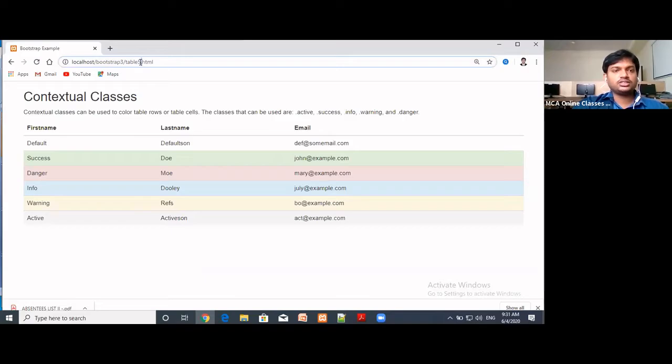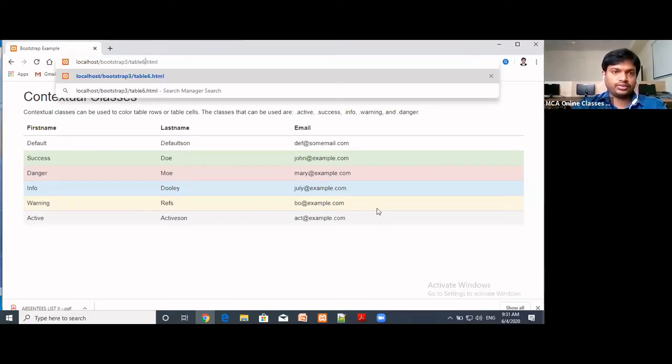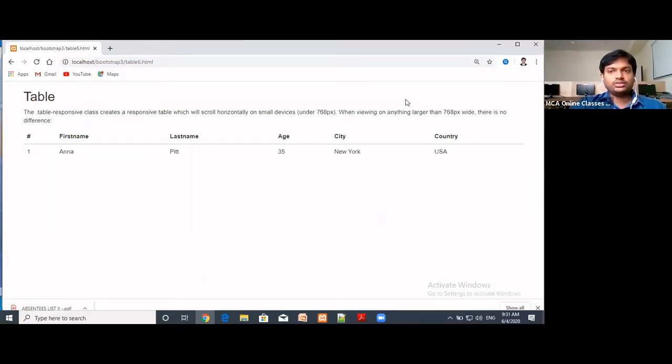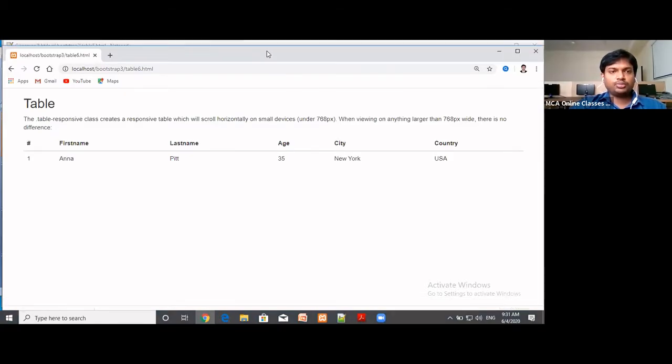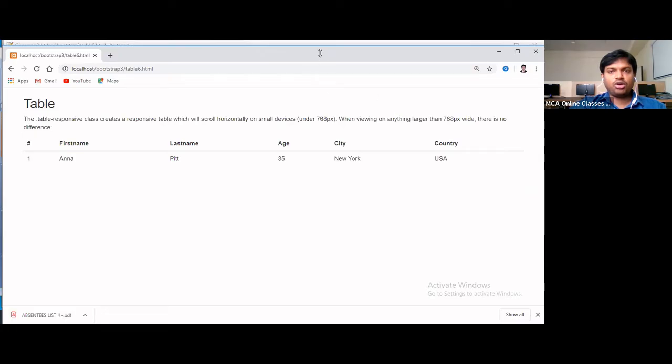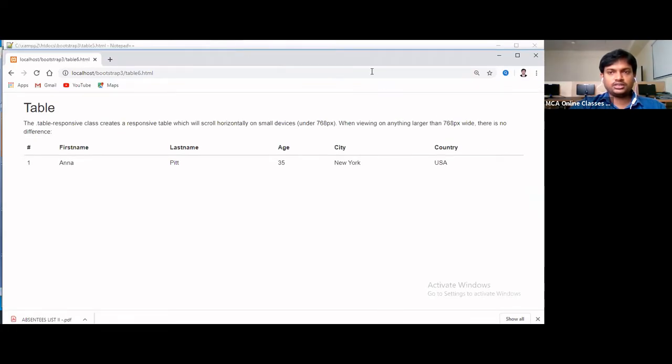So this way we have the different types of tables. Next is a responsive table. As I said, in a responsive table, if we minimize the screen, automatically the screen width will be adjusted.